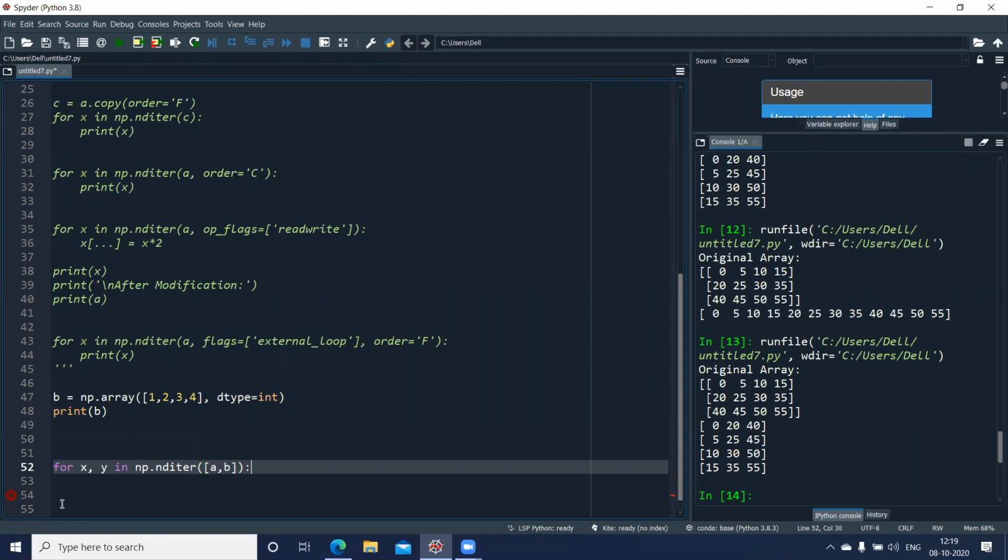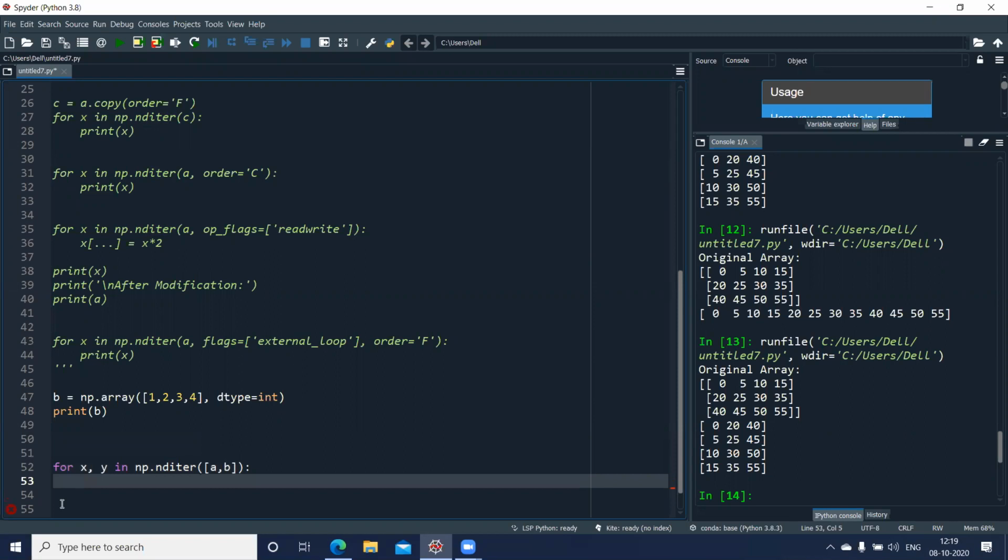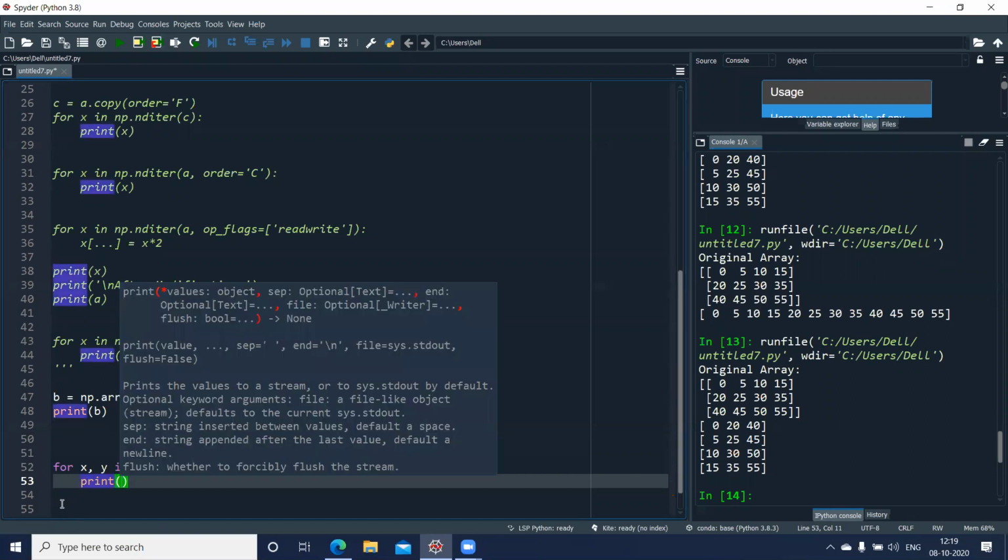I'm not specifying the order. The order will be treated as default, I think row wise. So it will take the first row from the 2D array and access it. Let me print the values. So I'll give print. Here I'll use %d, the format specifier, colon, one more %d.